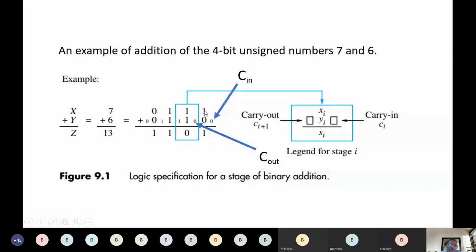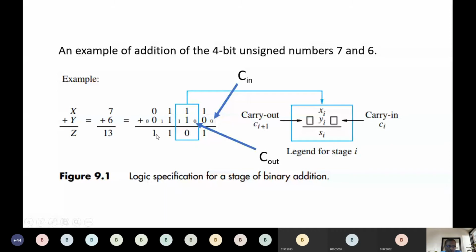And similarly we add these 1 plus 1. So again we have a 1 0 now. So 0 will be here and 1 is the carry out, and this becomes carry in for this here. Again 3 ones we will add, so it's a 1 1. So 1 here and 1 here. So this 1 is a carry out. So this 1 becomes carry in for this one. Okay. So finally we have 1, the carry in we have, plus 0 and 0 we have is finally 1.